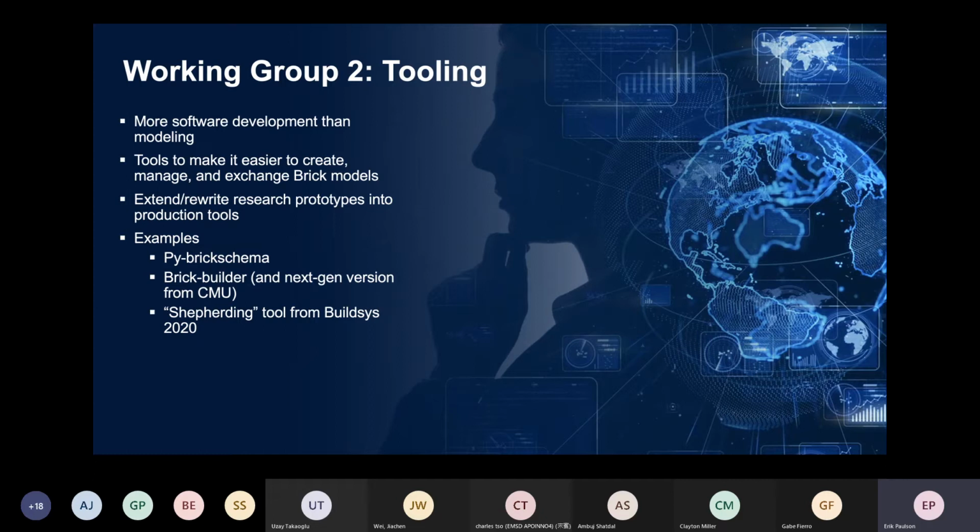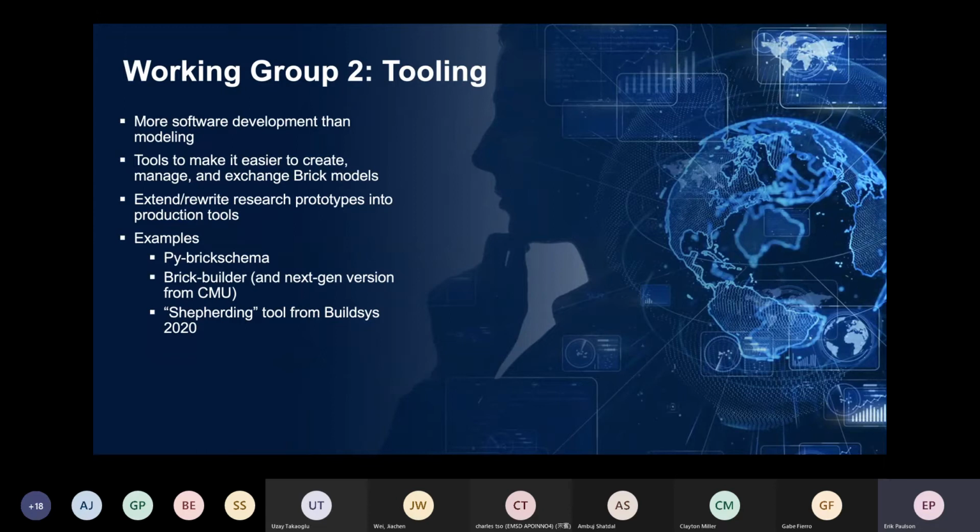There was a paper at the BuildSys conference about a system from UC Berkeley and Lawrence Berkeley National Labs and a few other folks that was about managing building data as it moves through the building life cycle and pulling it in from all these different sources, IFCs and gbXMLs and what have you.